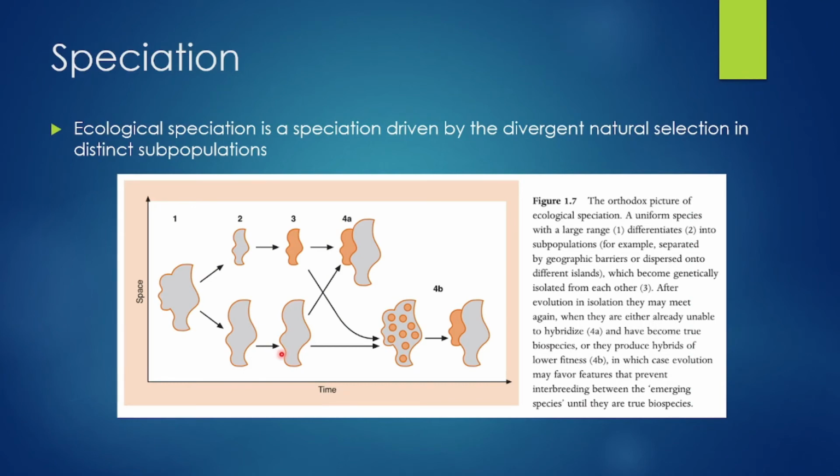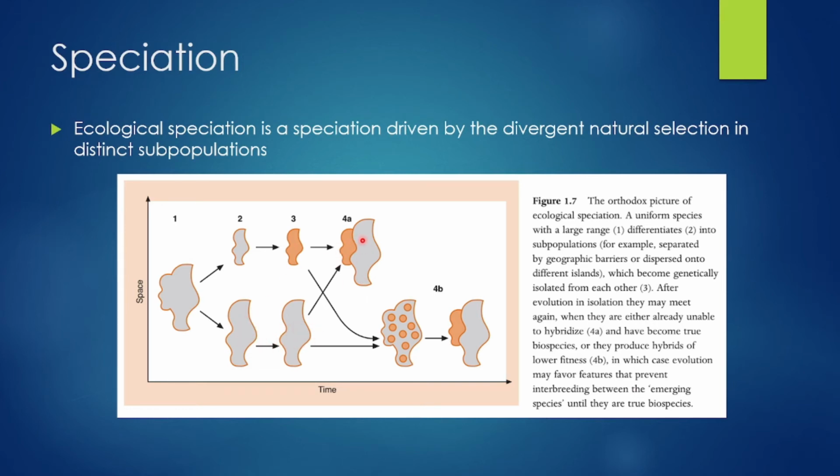So now on speciation. How do species form, or how are they made? Ecological speciation is speciation driven by divergent natural selection in distinct subpopulations. As you can see in this figure, let's say this is the species, and it can separate into two subpopulations, where one subpopulation becomes reproductively isolated, and then in turn becomes a species of its own, and therefore it cannot interbreed with this previous